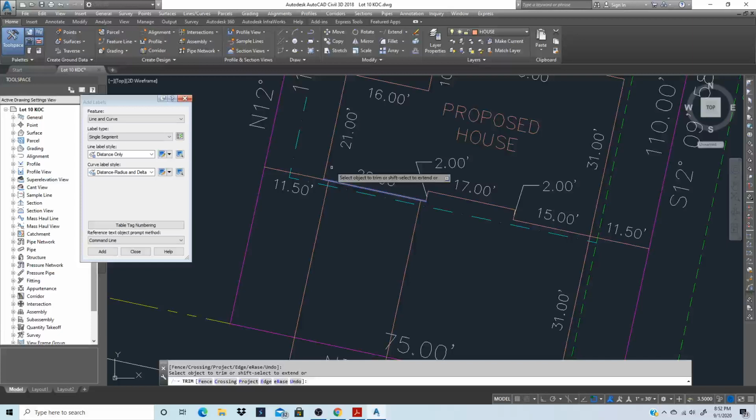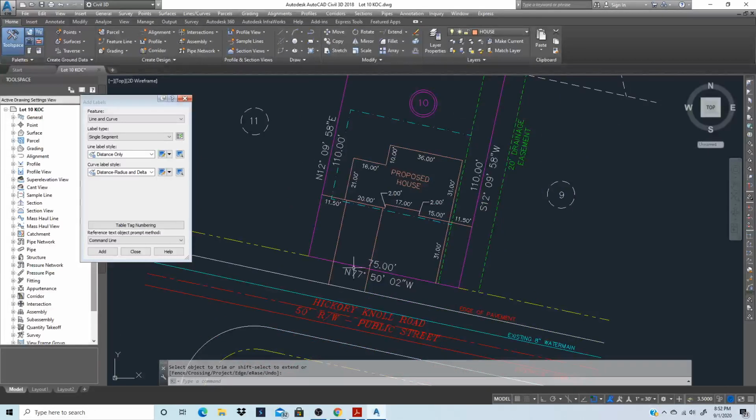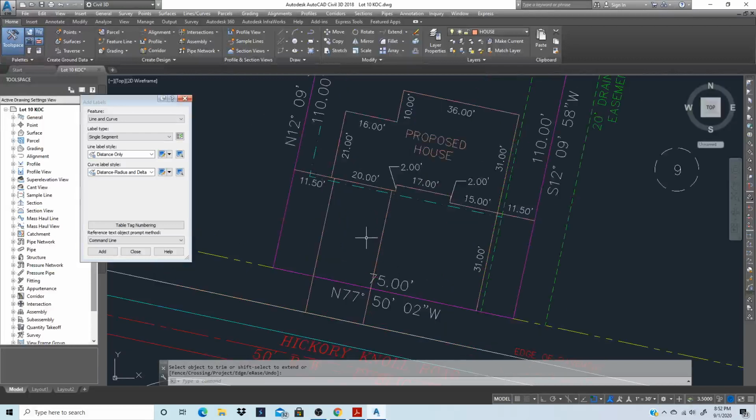Now, because it looks like the house, again, I'll do some text. I'll say proposed drive. Make sure your drive stops at your edge of pavement, which is your white line. So I'm going to do DTEXT. And I'm rotating it. I'm going to leave it at 2.4. And then I'm going to rotate it kind of with the house, and I'm going to do PROP and then type drive